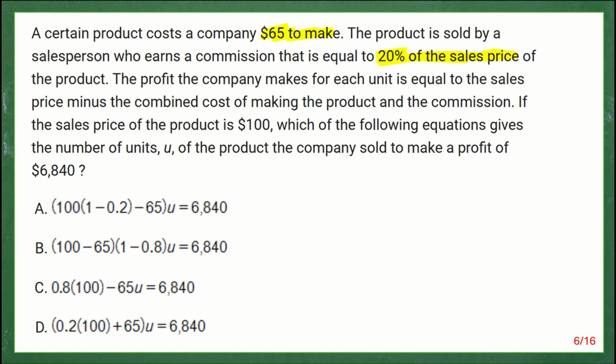Now, the profit the company makes for each unit is equals to the sales price minus the combined cost of making the product and the commission here. Okay, now if the sales price of the product is $100, which of the following equation give the number of units u of the product the company sold to make a profit of